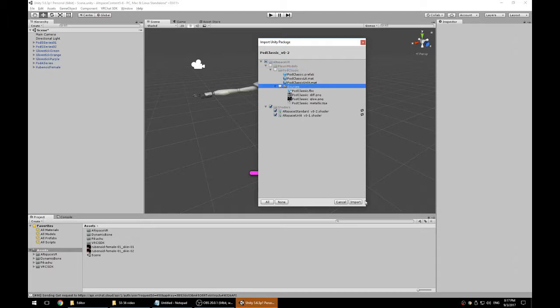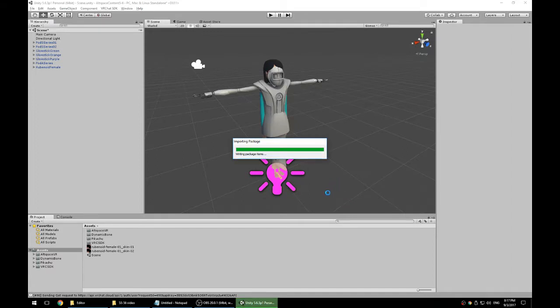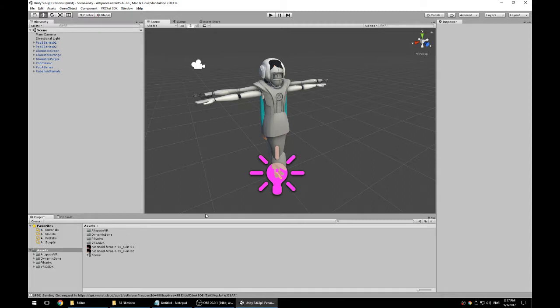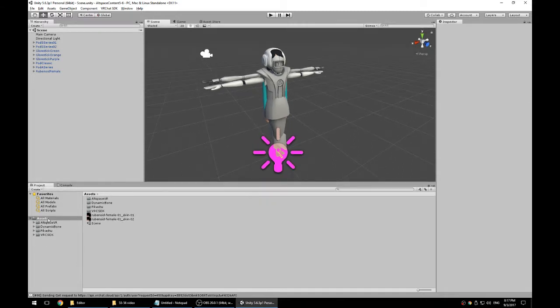Okay, that's interesting. So it doesn't want to re-import him. Okay, well. Anyway, so if you do have an issue with one of the avatars, you're just going to go under AltspaceVR,